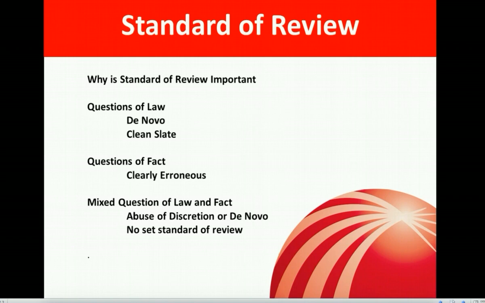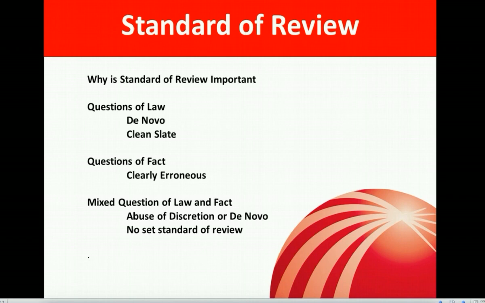There are different types of standards of review, and we're going to quickly review those. Typically, the standard of review is a one-sentence statement of the standard the court will use to review your particular appellate brief. First, whether or not it is a question of law. These types of cases are reviewed de novo because the Court of Appeals are primarily concerned with enunciating the law. They give no deference to the trial court's assessments of the purely legal questions. So essentially, it's like a clean slate, and they do not have to pay attention to what the lower court